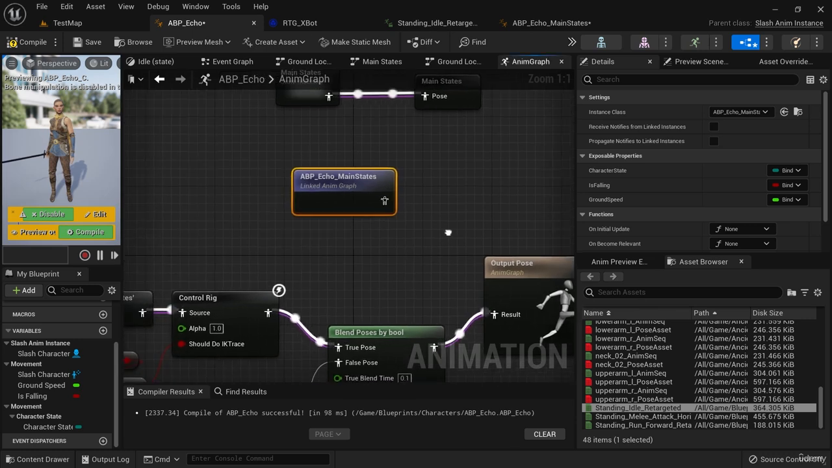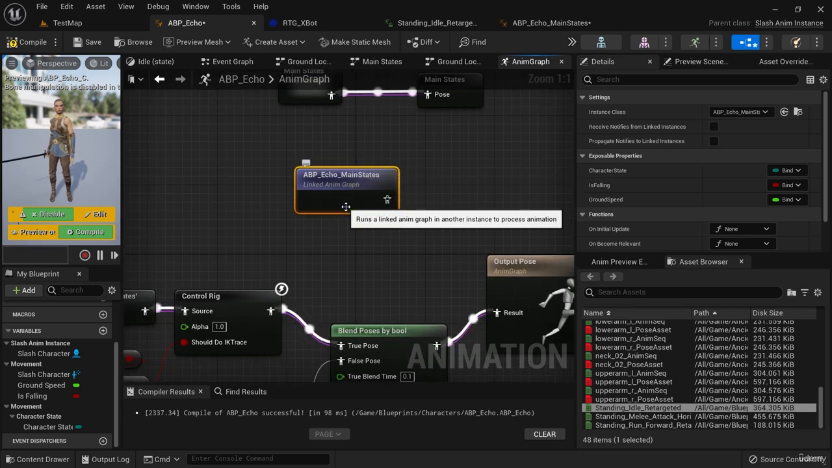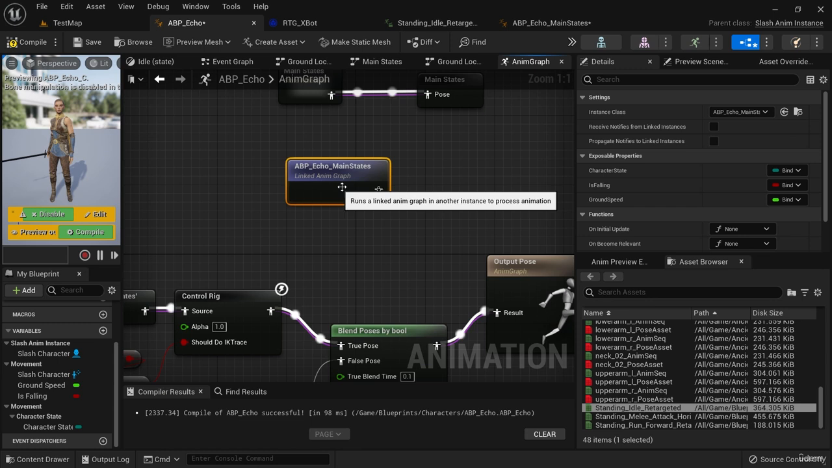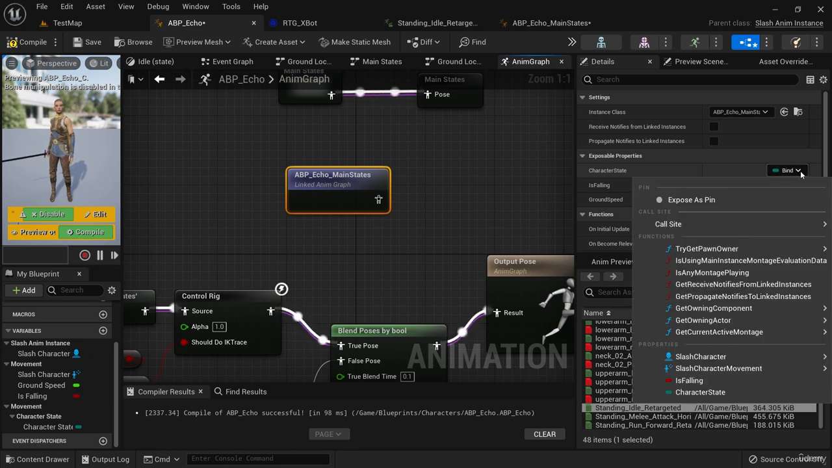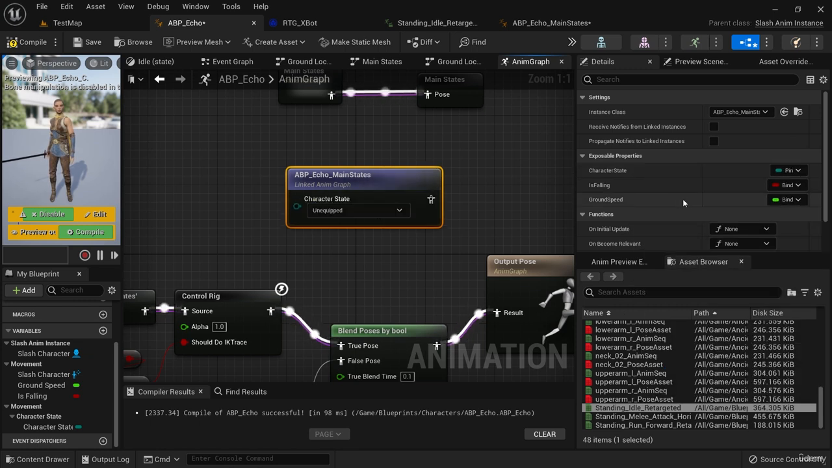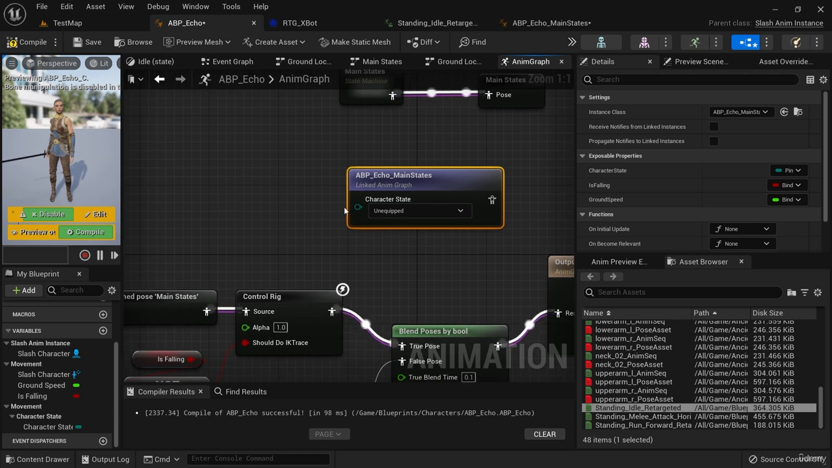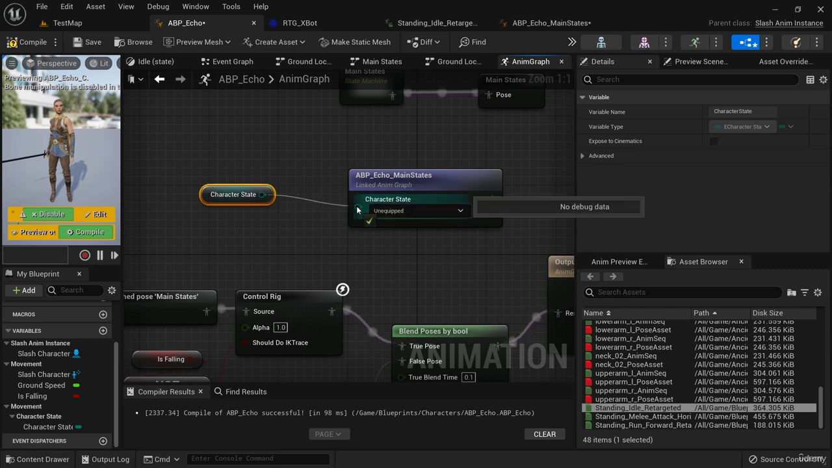There's an easier way. There's a way to bind those variables in our linked anim graph to values of variables here in ABP Echo. We do that by selecting our linked anim graph node, and over here we see exposable properties. And we have character state, is falling, and ground speed. Now the drop-downs next to them that say bind give us a couple of options. One option is to expose it as a pin, and then we could simply plug a value straight into it